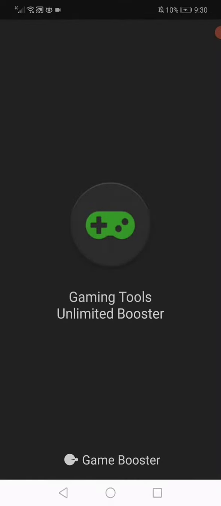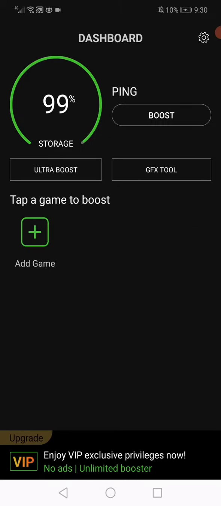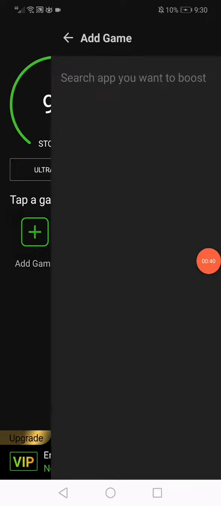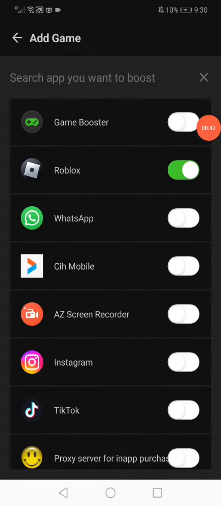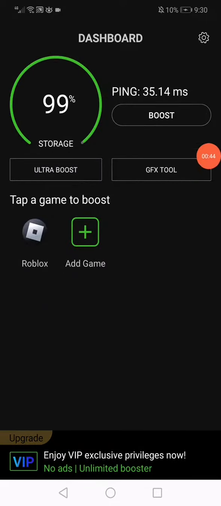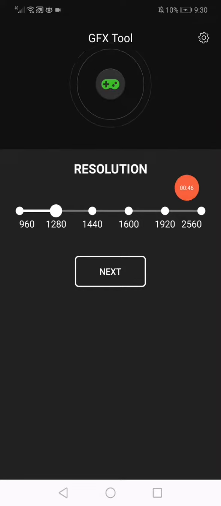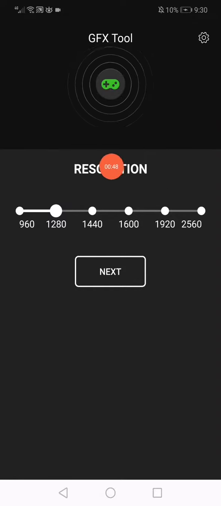As you can see, we just need to wait a few seconds and then go right here. This is the dashboard of the app. Click on add game and choose Roblox, and then go back, choose GFX tool and choose the resolution that you want here. I recommend to choose